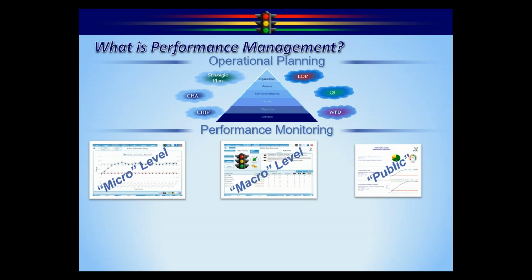Then you'd want to also monitor on the micro level, and here's why. If something is going awry on your plan, most likely it's going to be on that activity level. You didn't have enough resources to fulfill certain orders. Somebody went out on maternity leave, and so you still don't have enough resources. That would be the micro level. Then you have the public level, where the public would want to be able to see maybe just snippets of how the health department, you can display your services and initiatives, how well you're doing on those particular issues.